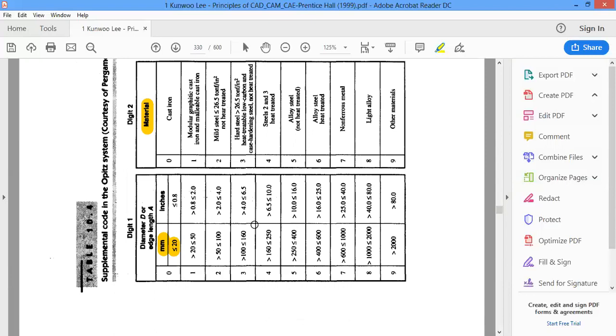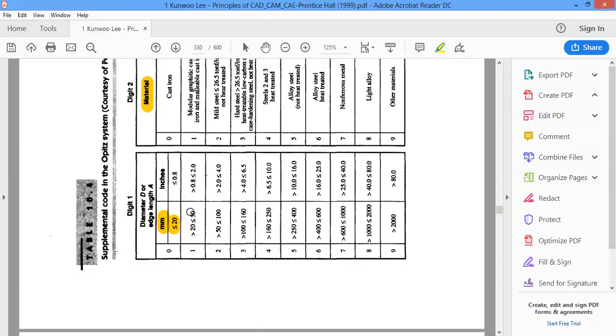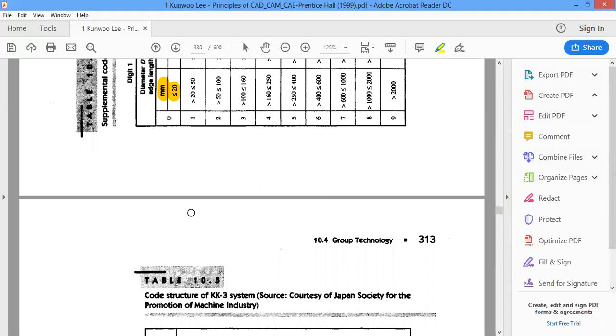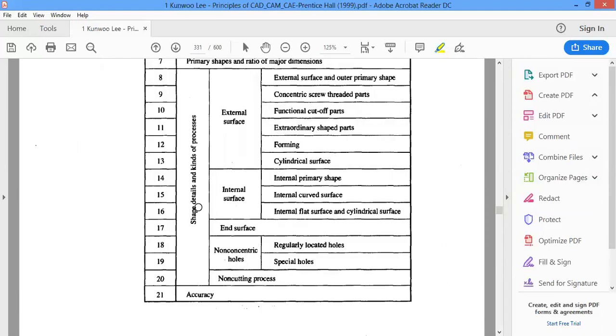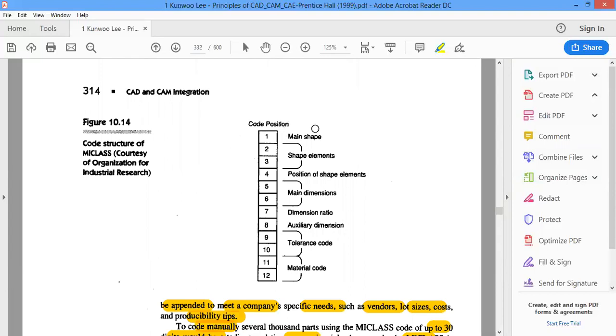So as we have seen here, the first digit is the main shape, the second and third are for the shape elements, whether it's round, cylindrical, what is to be done.